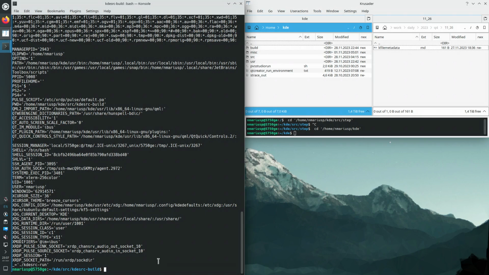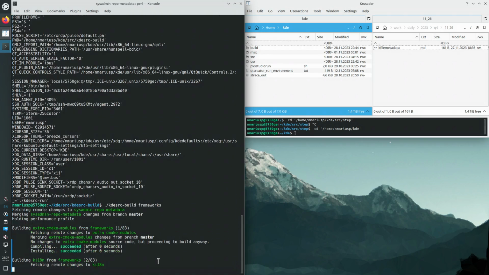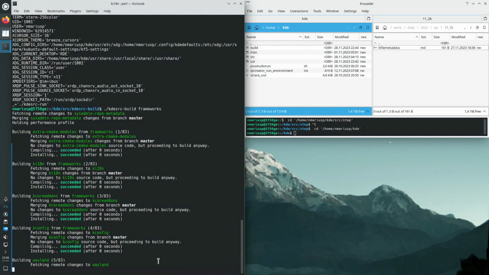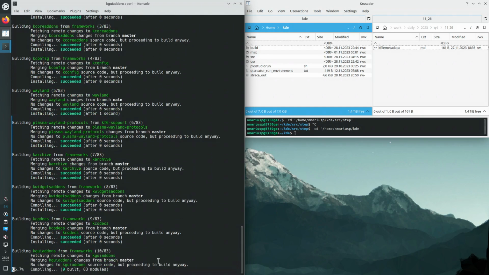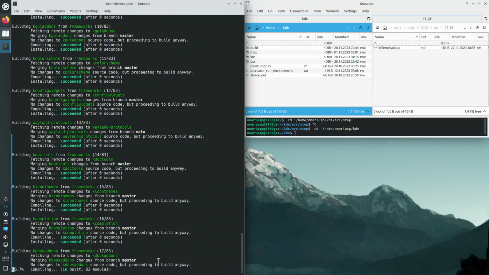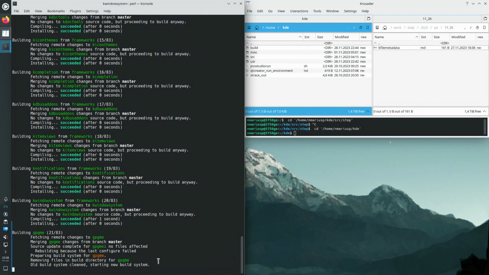Next up would be to build all of the KDE Frameworks. That's kdesrc-build and then frameworks. So this is 80 KDE Git repositories. I do not expect any surprise. And when it gets to GPGME, I hope that it's going to configure it correctly, build it correctly, and install it correctly. We'll see. Okay, so this was the step that failed before, which is